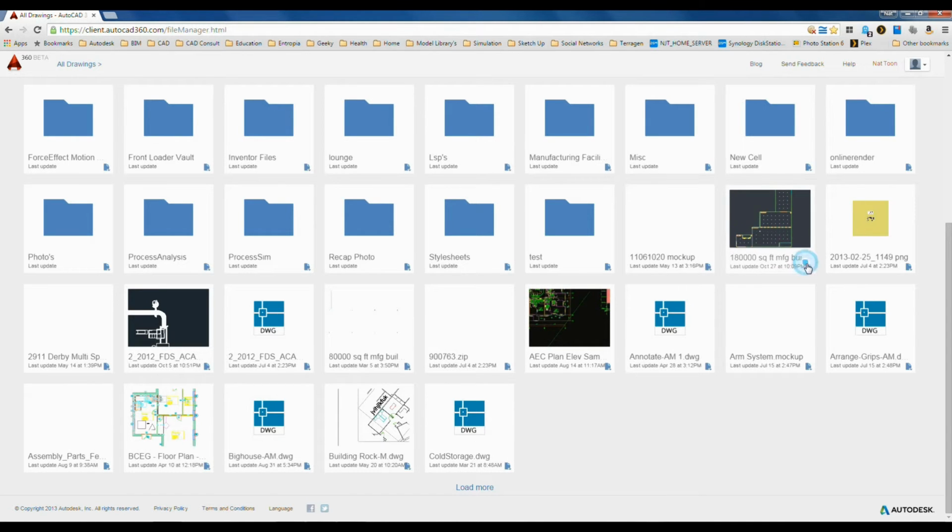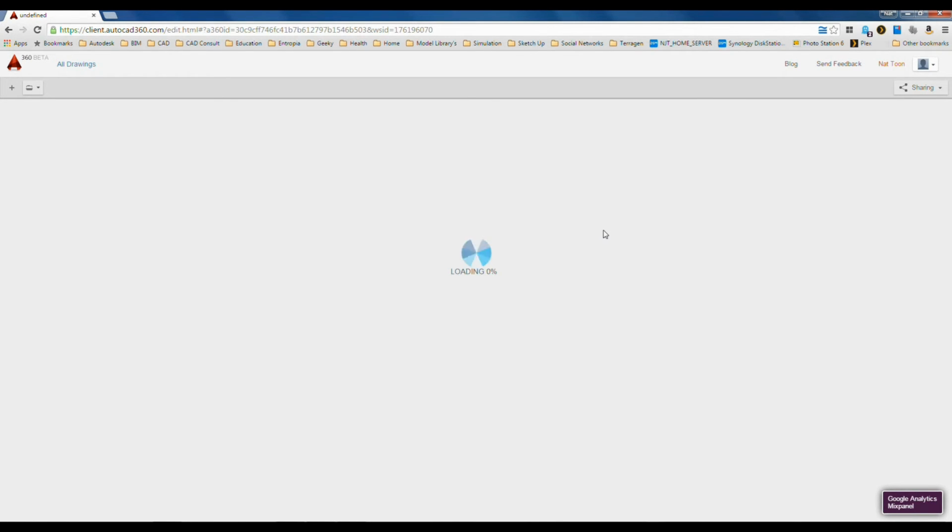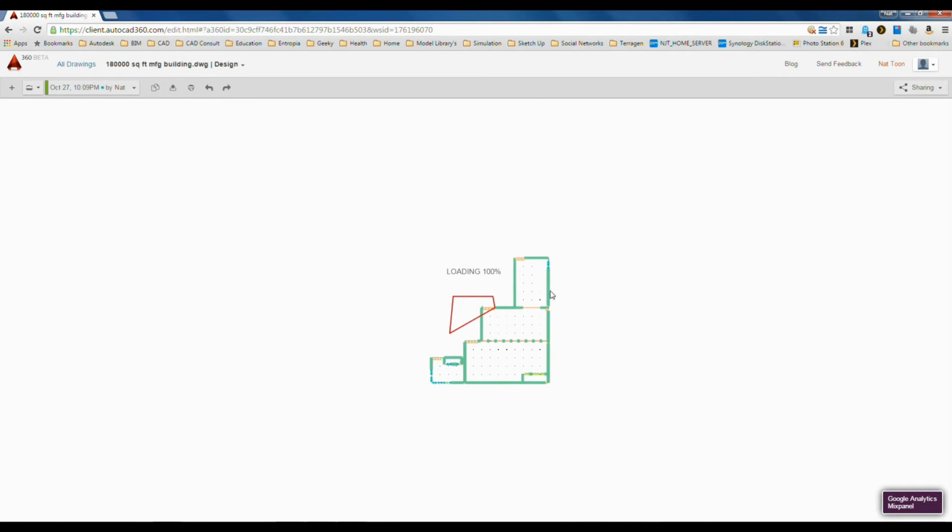Let's say that one there. And let's open that drawing online. So I've quite often used this version of AutoCAD 360 via my iPad, because quite often you come across